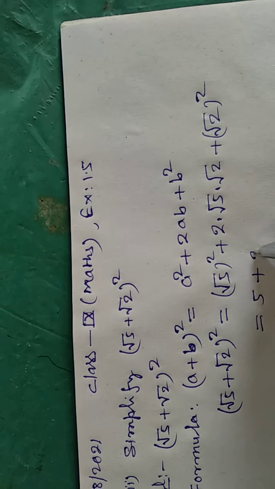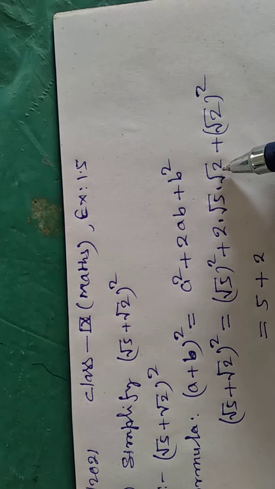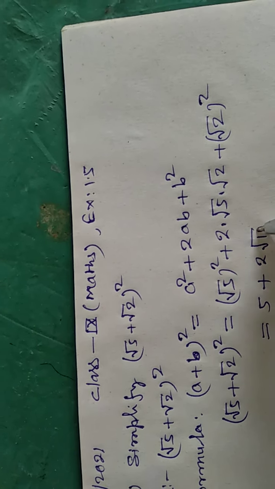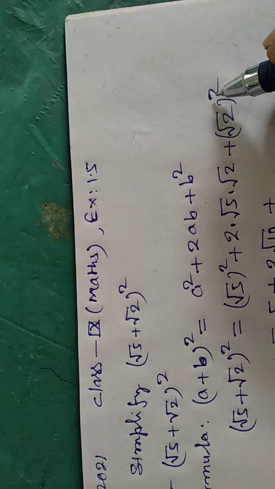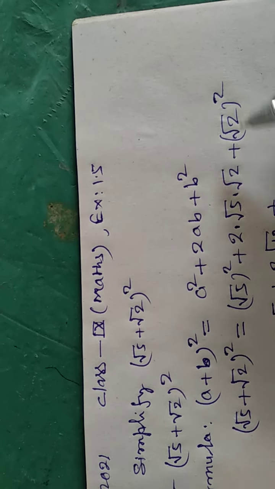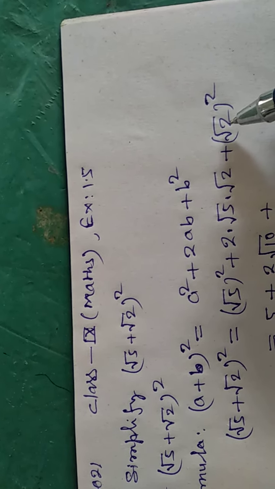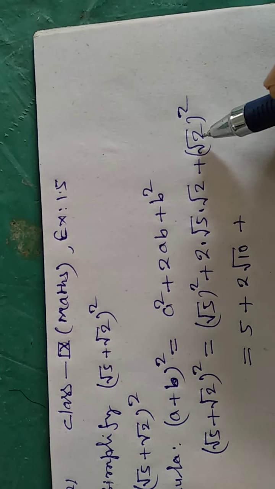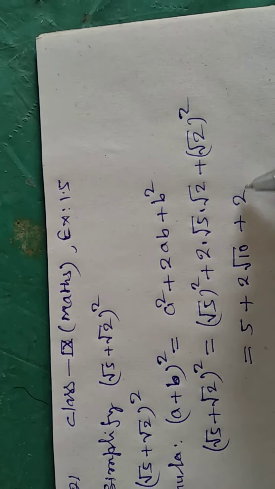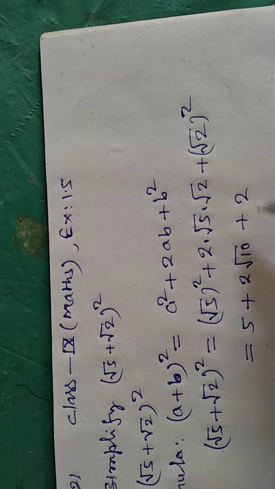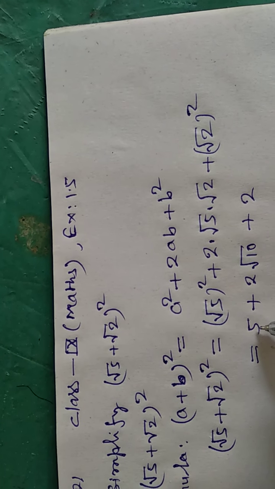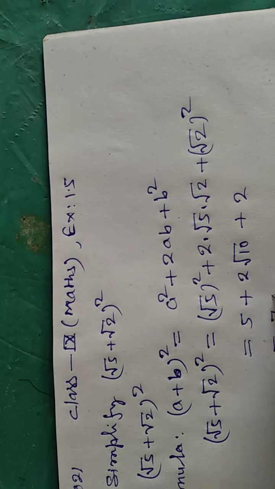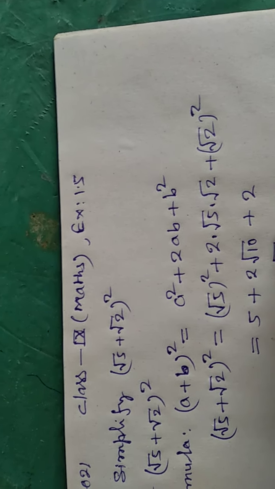Plus these 2 remain as they are, because this one is a rational number and these 2 are irrationals, and you will multiply these 2. 5 into 2 is 10. Then it will be 2 root over 10. Plus (root over 2) square. You will write the square of this, and previously you have seen that when you write the square of a root number, then that number will be free from the root. That is, it will be free from the root and it will be 2. Now, this 5 is a rational number and this 2 is also a rational number. Then, according to the sign, these 2 will be added and it will be 5 plus 2, 7, plus 2 root over 10. This is the answer.